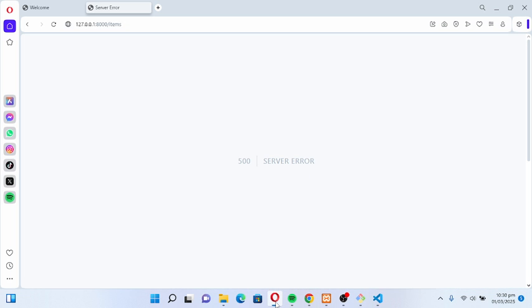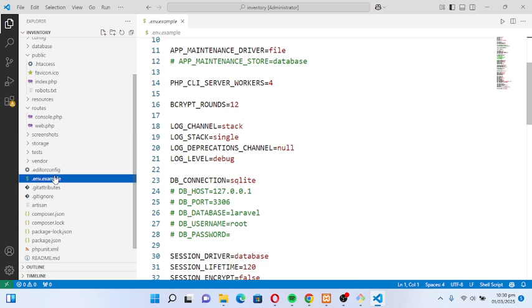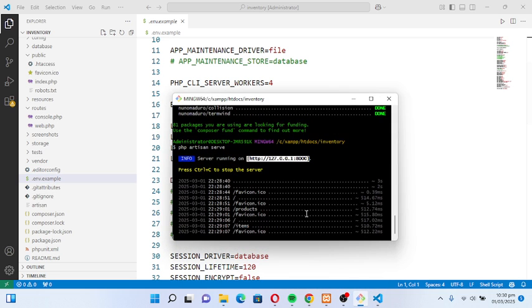When I run this code, it does not run. Okay, we will cancel first. There are some bugs.